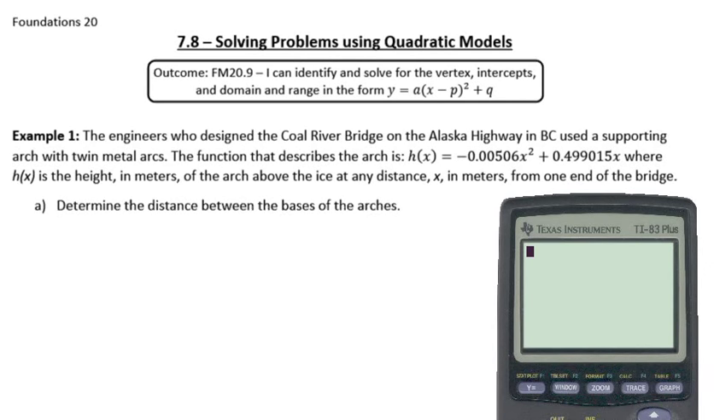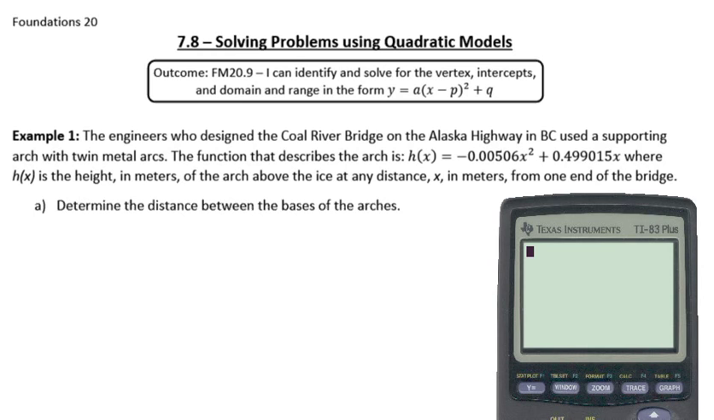7.8 is solving problems using quadratic models. Example 1. The engineers who designed the Coal River Bridge on the Alaska Highway in BC used a supporting arc with twin metal arcs. The function that describes the arch is h of x, or like we've talked about, that can be replaced with y,